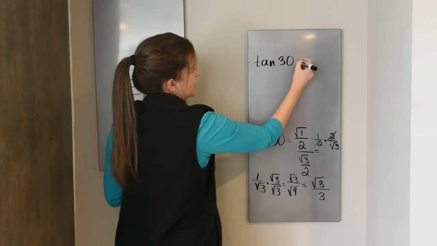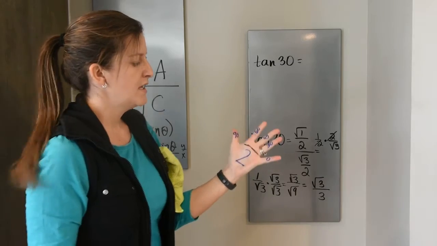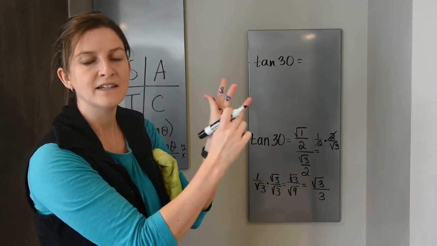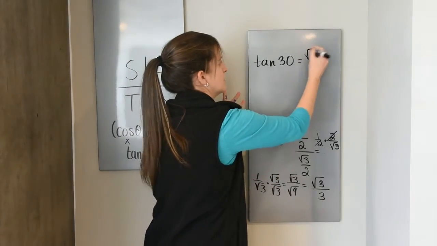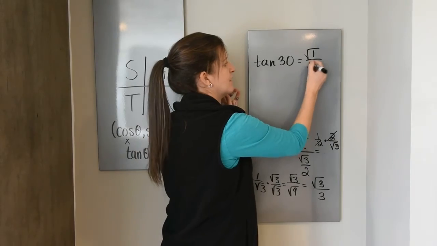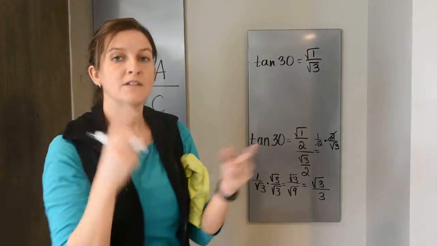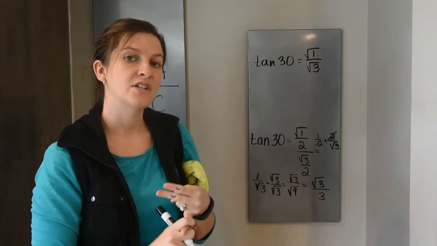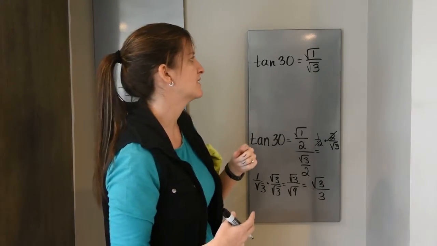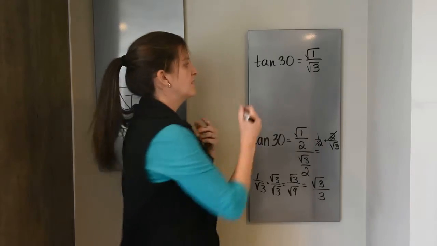So if I had the tangent of 30, y over x, so pull this down, y is the square root of 1 over x is the square root of 3. Get positive or negative. 30 is in quadrant 1. Tangent's positive in quadrant 1, so I leave it positive. Square root of 1 reduces to 1,